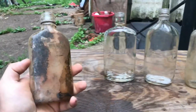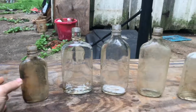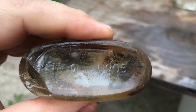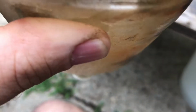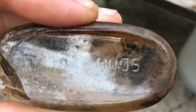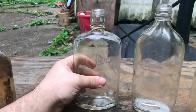But this one right here, I do not know what this is. It says 1 pint, but you can see it's definitely small, the smallest out of the batch. So let's see if it has anything on the bottom that would identify it. On the bottom, it's got something 10 B. Wow, this is really hard to read. Looks like it says FF10, 59, 9905. 9905. This next one came pretty clean,